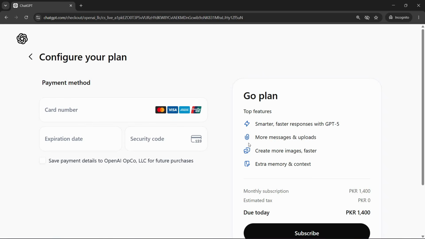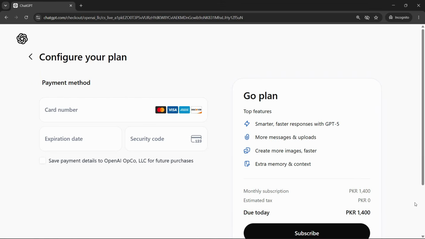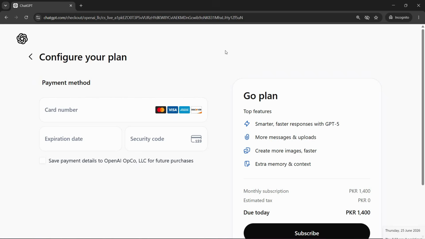And if you're still facing the problem, maybe the problem is with the internet. So just try switching it to a different network. Also, just make sure that the time and date is synced correctly. If it shows the wrong time and wrong clock, it causes a lot of issues in the browser as well. So if that doesn't work, just make sure that you disable all the VPNs you're